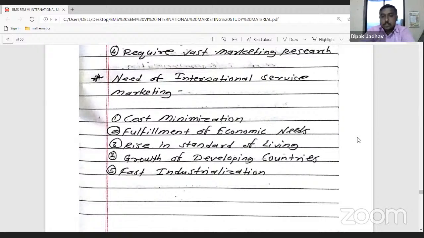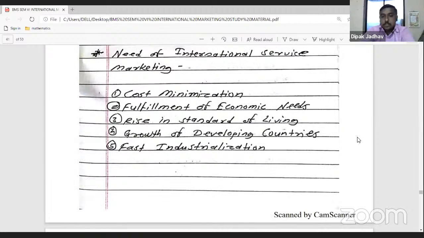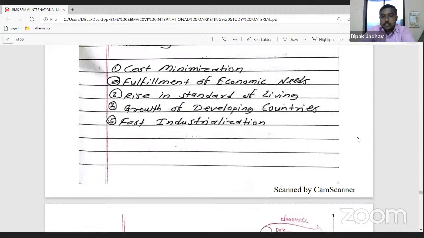better than in the developing countries, and ultimately developing countries get more employment. The industries are for the highest knowledge. Then the drivers of global service marketing, who are the